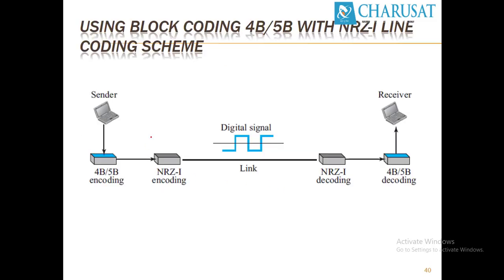This is the graph where the sender wants to send a sequence of ones and zeros. Those sequences are given to the 4B/5B encoding method, and the output will be a stream of bits. This is known as the substitution method. Then the NRZ-I encoding method is applied to transfer the sequence over the communication link. The reverse is applied at the receiver side: NRZ-I decoding, then 4B/5B decoding, meaning desubstitution, is applied to generate the original string 101011.